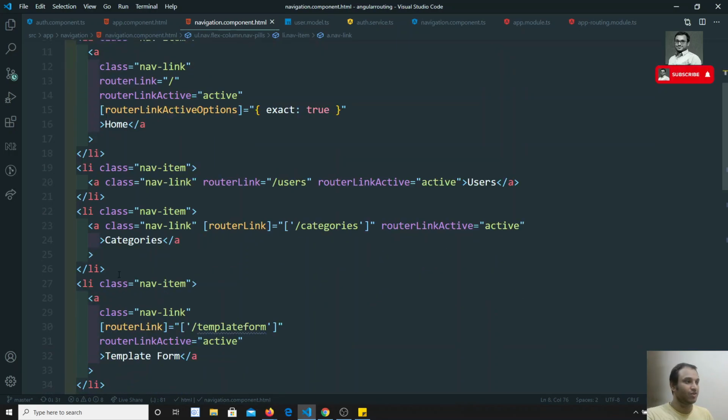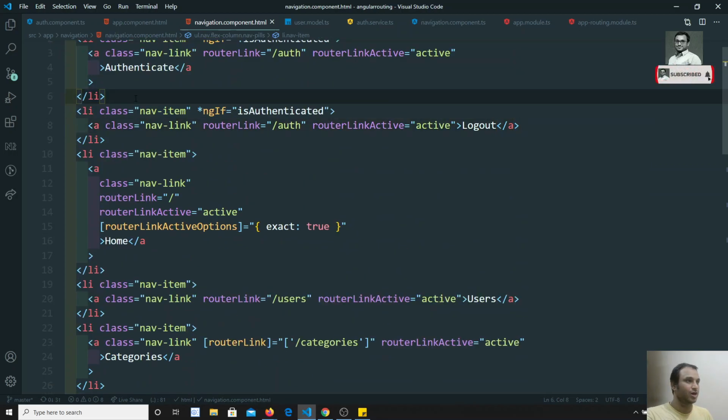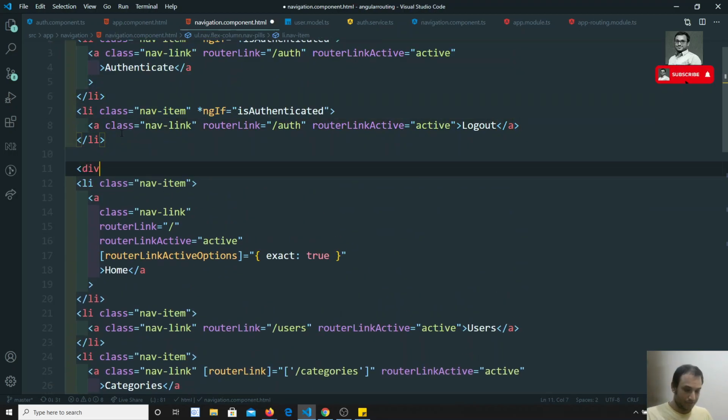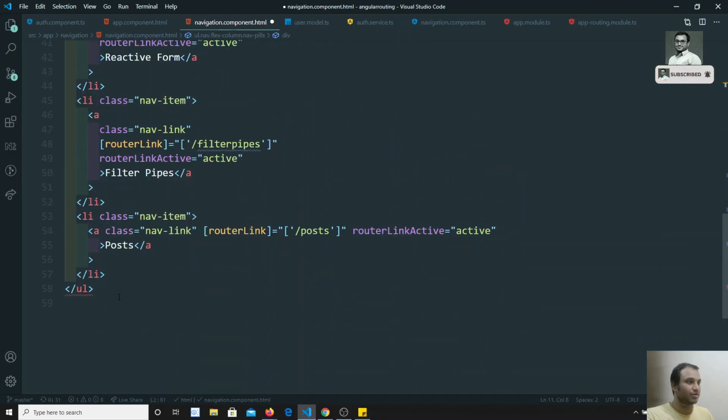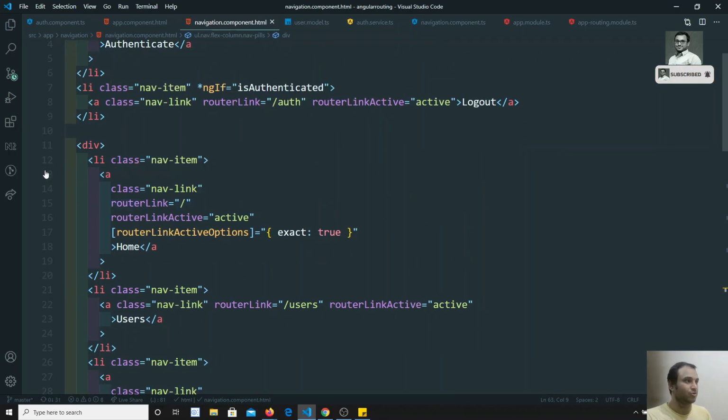Now these are all the links we have discussed, to show only when the user is authenticated. We should not use div tags inside ULs, but I am keeping it directly so that with one div tag I can apply it directly. So don't copy this one. If you want, you can write different ULs like that, and the design will be different. For us the design is like that, so that's why I am implementing it. So with ngIf, if it is authenticated only, show all these links. I can use this one directly.